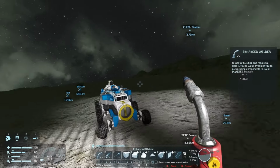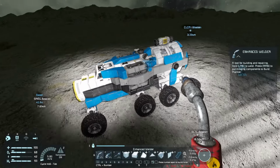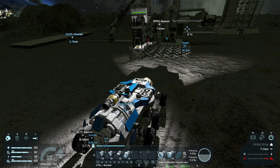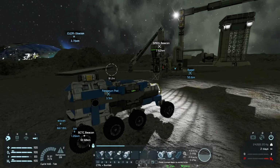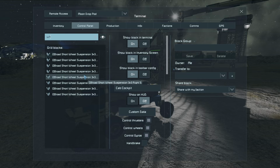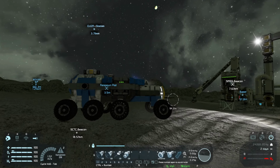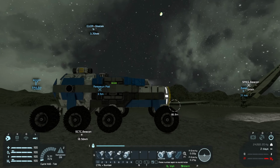Okay, by the time I'm done here, the sun's gonna come up. So whatever this is looking like, I mean, it's okay. I think the wheels make it a little funky, but it's gonna have to work. I mean, it is gonna work, no problem. Our wheels are a problem though. For some reason, I think all the height offset has been reset. Yeah, it has been. But there's so many wheels in the bumps, so it makes it a little bit more difficult where all the wheels don't touch, unless it's a very, very flat ground. So our wheel...